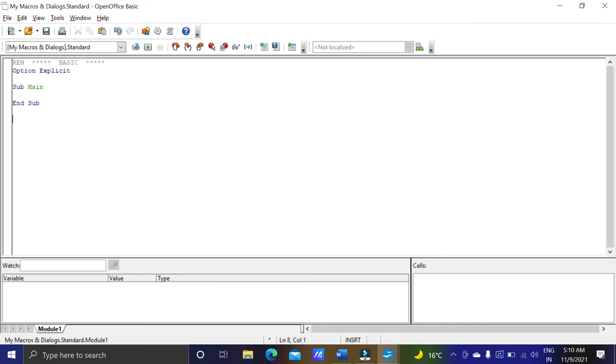Again I can write the same thing. Function number6 equal to 6, End Function.